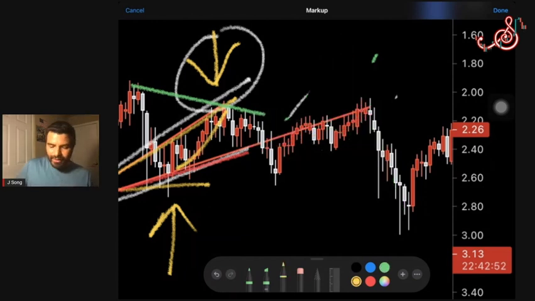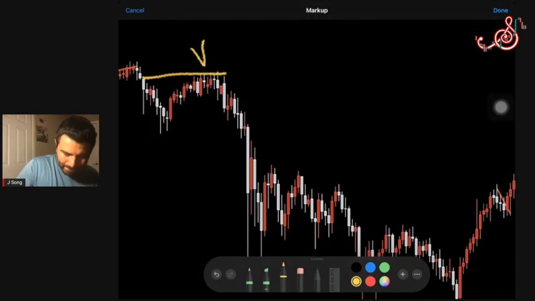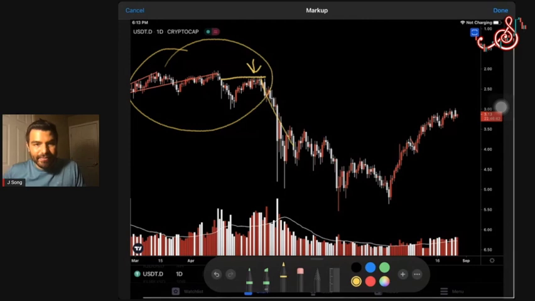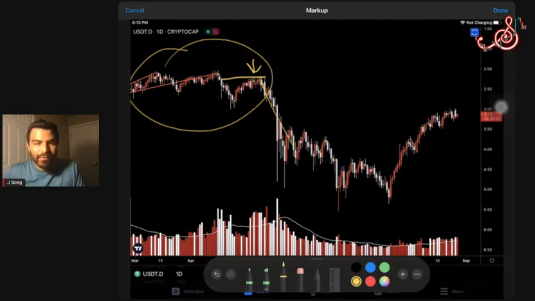And so that support has now become a resistance. We would now draw that line here as the new sword cut. And sure enough, we found resistance. Just drawing quickly, we're able to see that whole segment dissected very easily. This would have let you know it's time to exit Bitcoin. However,